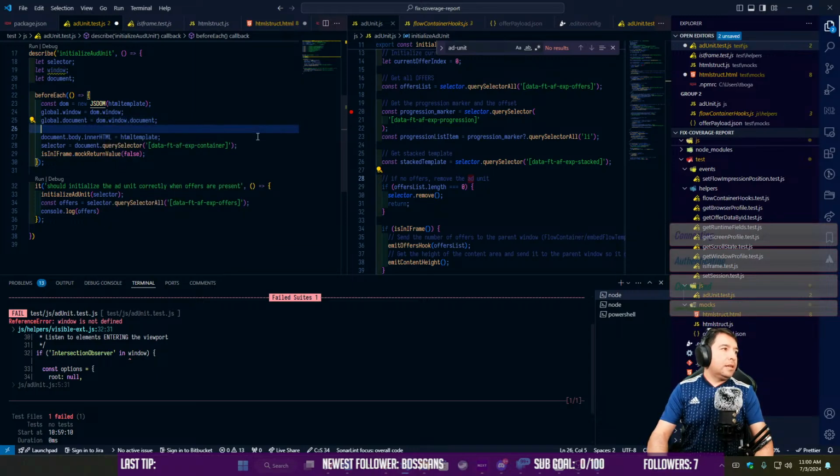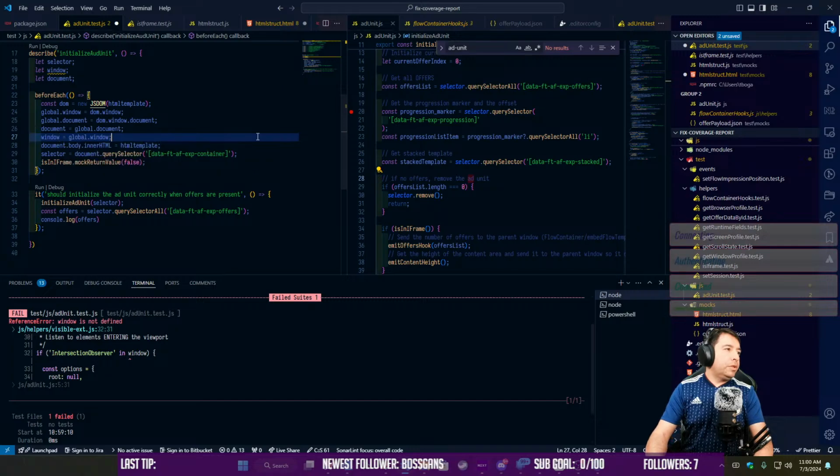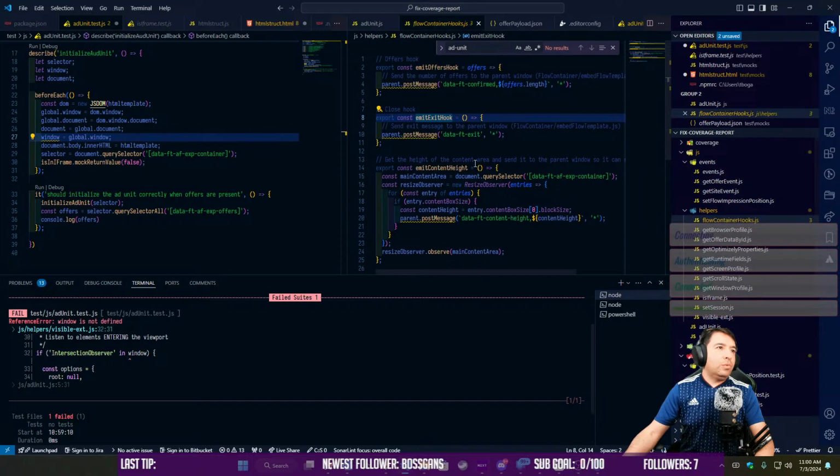I'm gonna say here document is equals to global.document and window is global.window. Okay. I am repeating myself here. Let's see. Because if I am using global according to whatever I saw here,